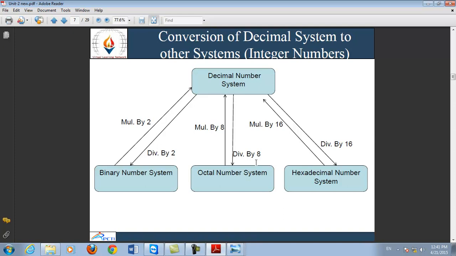And if you want to convert octal to binary, hexa to binary or hexa to octal, then you have to follow the process, that is hexa to decimal, then decimal to octal. Similarly, hexadecimal to decimal, then decimal to binary. This is the process of converting integer numbers. If you have any doubt in the conversion process, then you can ask, because this topic is the most important topic from the point of view of exams.